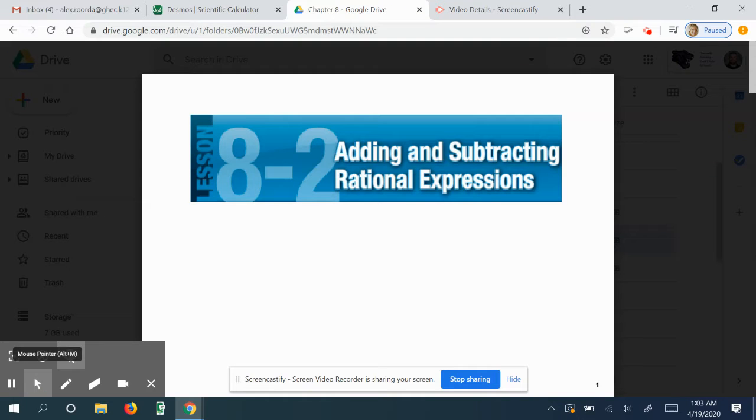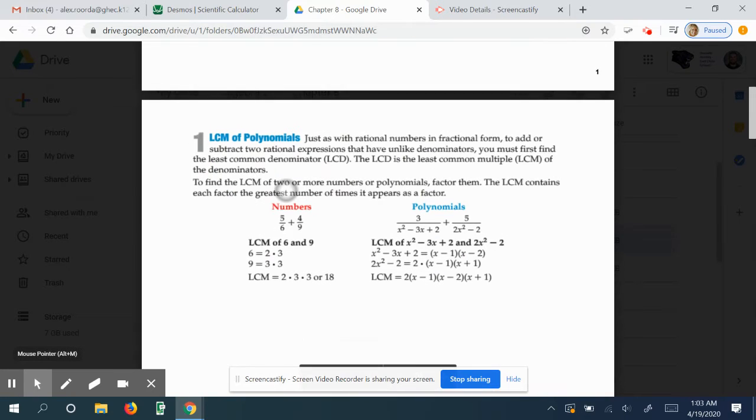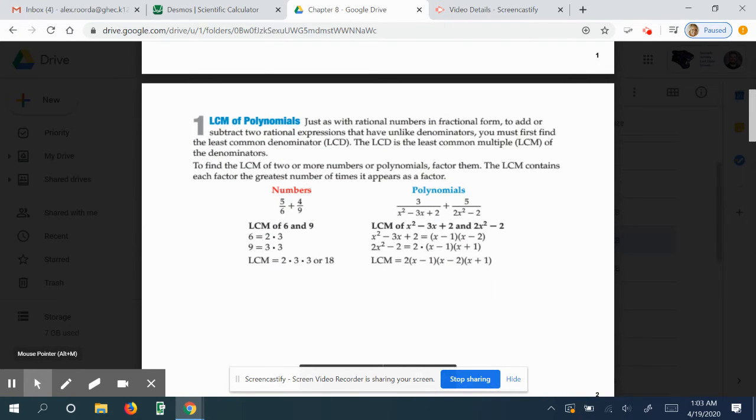So today in section 8.2, we're going to talk about adding and subtracting rational functions. Now you might be wondering, why is it that we have to add and subtract after we've already multiplied and divided? But remember, multiplying and dividing is always much easier when it comes to fractions, because multiplying and dividing is just a cross thing, where adding and subtracting is much different. You have to have common denominators and things like that,